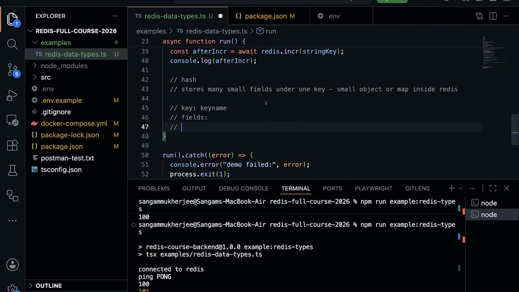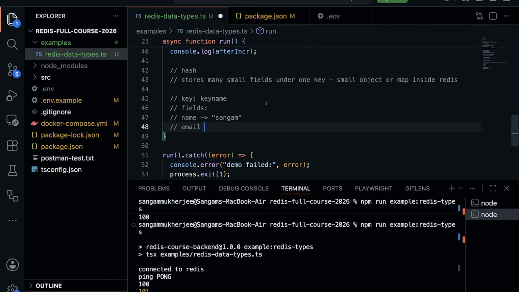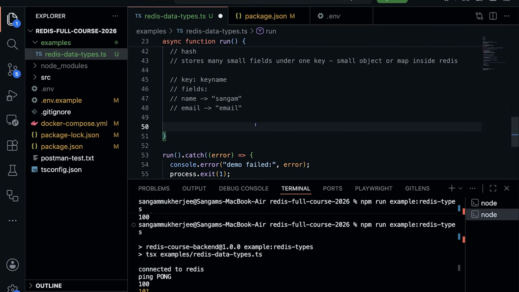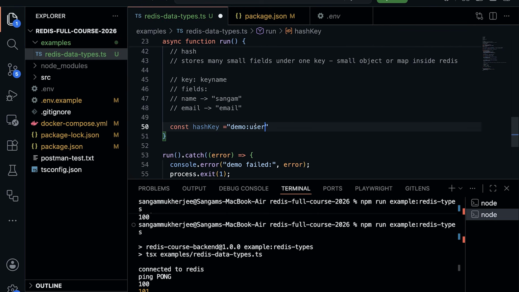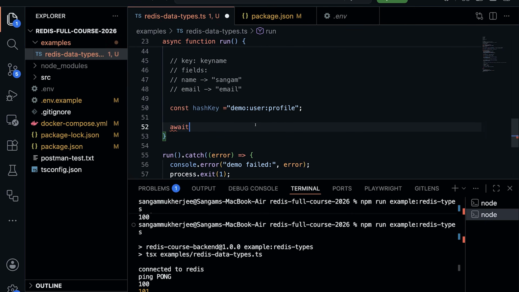So now let's say you have a field which is name, and the name is something like this, and you can also have an email, something like this. So let's understand this one with an example. What I'll do is const hashKey, and maybe let's do demo:user:profile. Okay, so now I'm just going to do await,